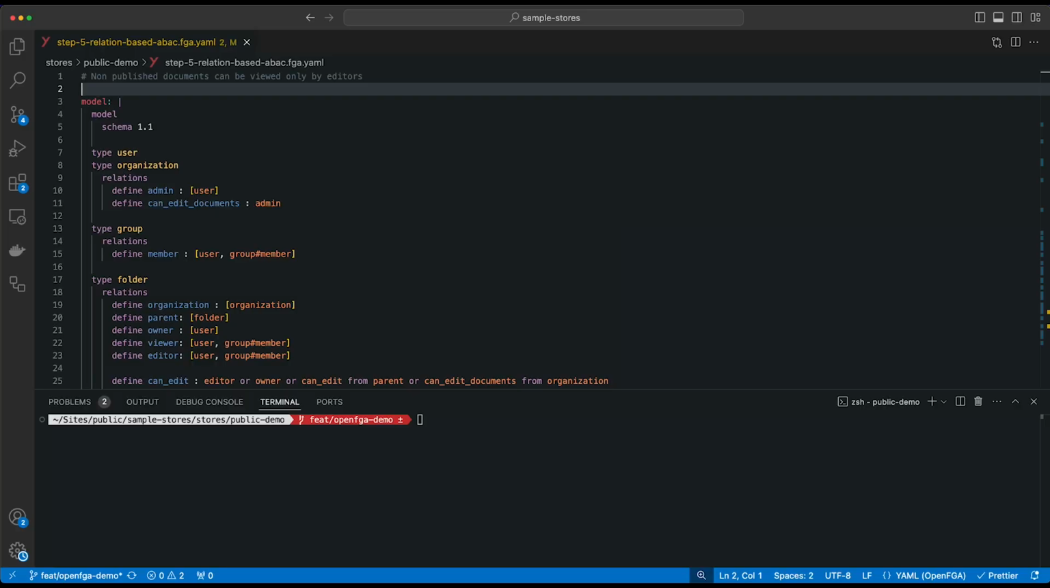Relation-based ABAC adds flexibility by letting permissions follow the user across documents they're connected to, without needing constant updates to the access list. So let's introduce a more complicated technique into our authorization model, something we call relation-based ABAC, or relation-based attribute-based access control. The goal of this is that non-published documents can be viewed by editors or owners, but if you're only assigned as a viewer, you should not be able to view a document until it is